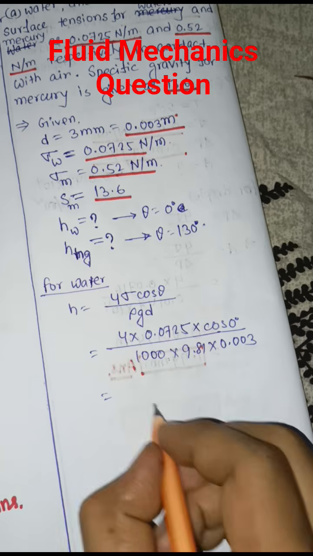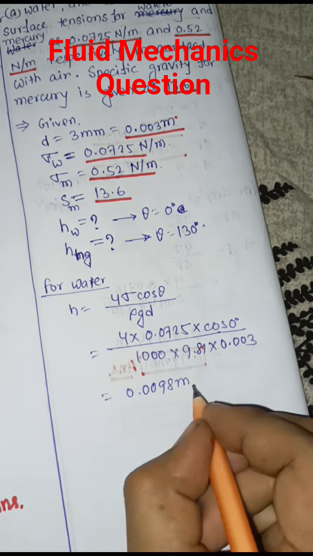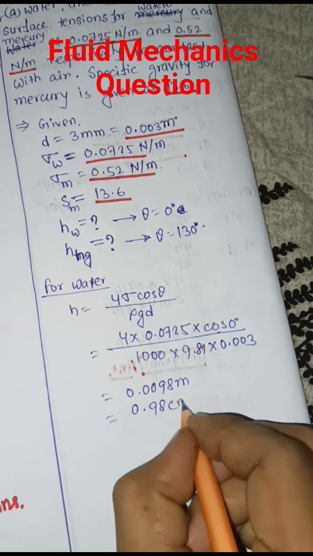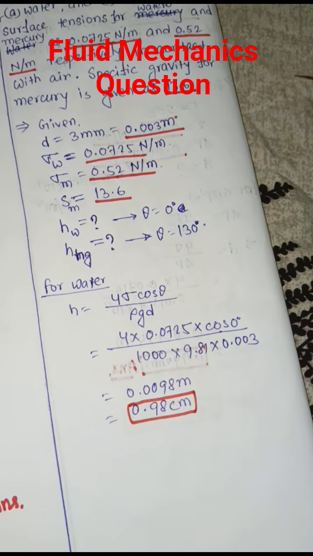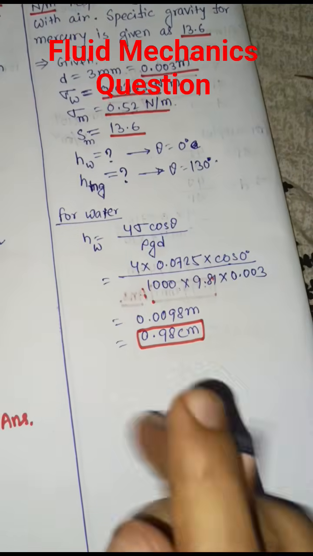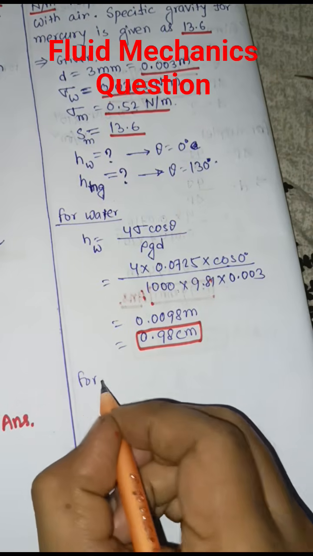So the answer will be 0.0098 meter. So that will be 0.98 centimeter. So the answer will be 0.98 centimeter for water. So if you find out the capillary rise for mercury,